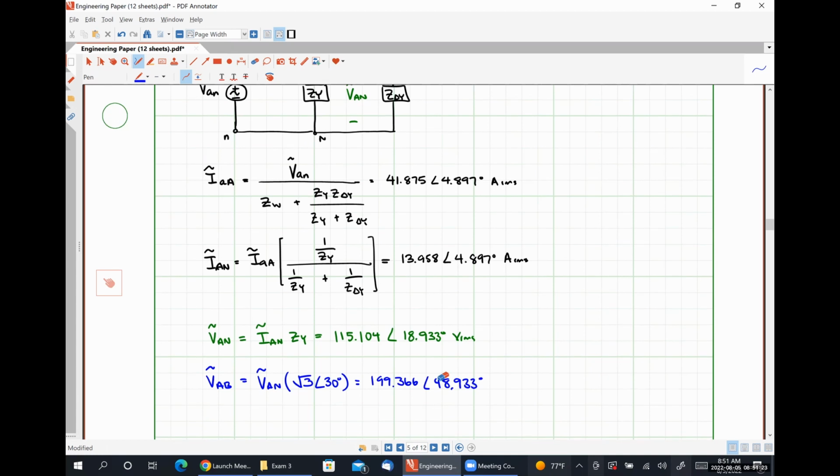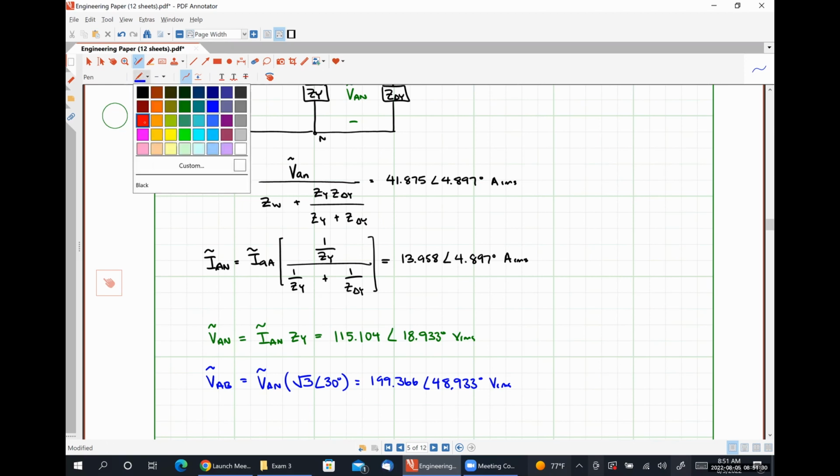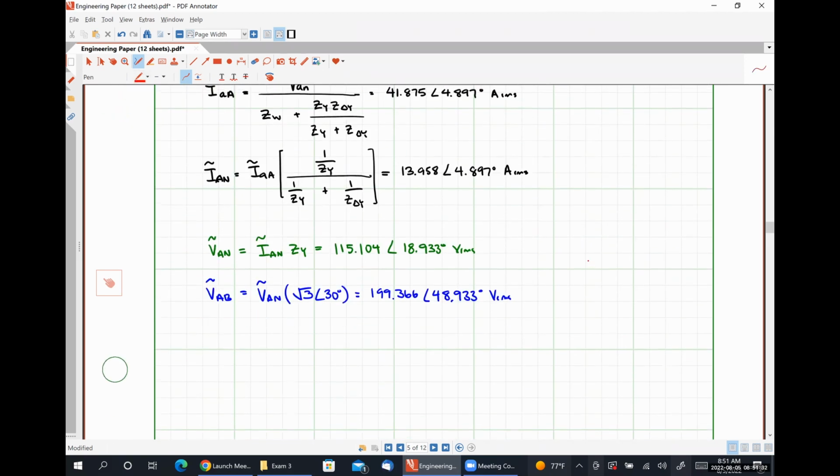Let me make this more obvious that that is a 4. And therefore, our phase current